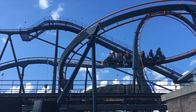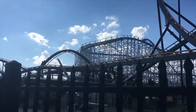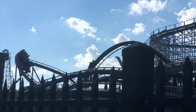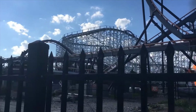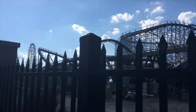But overall, it's not a crazy intense ride, and it's probably one of the least intense, maybe the least intense B&M coaster I have been on to date. But overall, I mean, in the grand scheme of coasters, it is one of the more intense because it's a thrill coaster. So, now for the final score, which is out of 10, I'll be giving Apocalypse, drumroll please, a